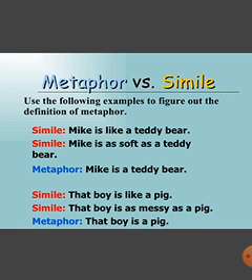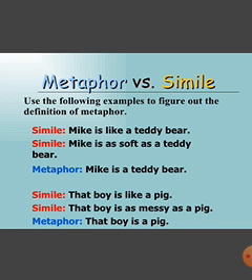Then we have that boy is like a pig. Maybe the way the boy is always dirty. Then that boy is as messy as a pig. You are still saying the same thing, but this time around you are using like or as. But metaphor will just go straight: that boy is a pig. So that in every aspect, the boy is just a pig. You can see that both the boy and the pig are compared, but simile makes use of like and as, while metaphor doesn't use like or as.